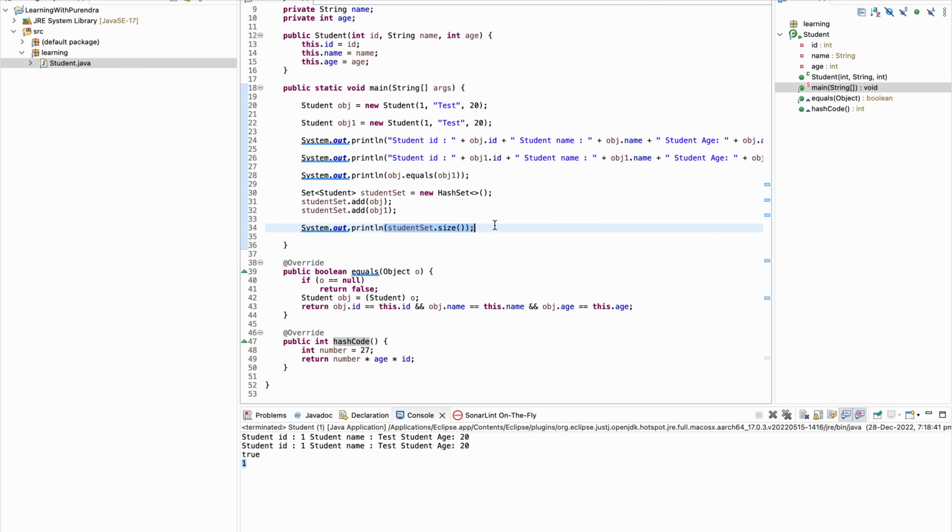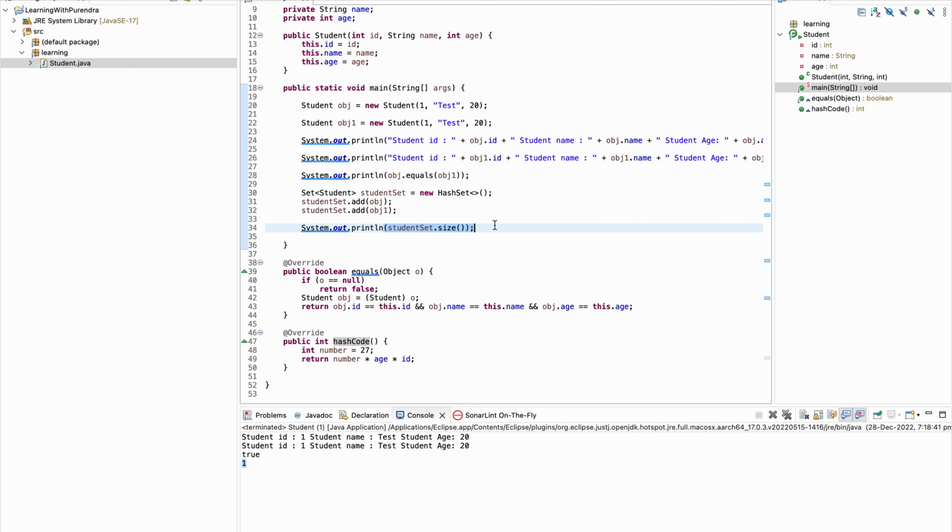Any questions? No? As per the Java docs as well, if two objects are equal according to the equals method, they must return the same hash code, because it would provide the same integer result.